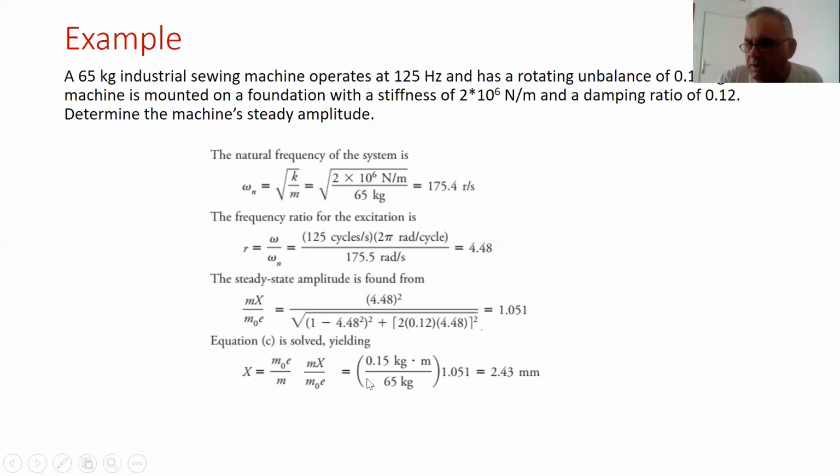So this part we have found before, this is 1.051. We just have to multiply it with M0 E, divided by M, which is the mass of the machine. So we multiply it and we get the result as 2.43 millimeters. So the machine, why